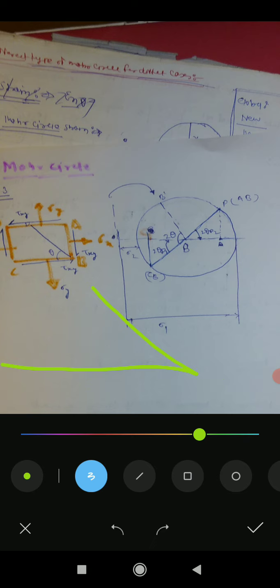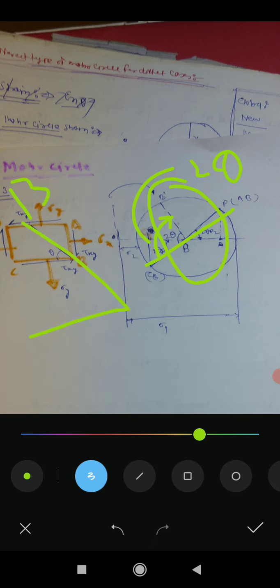So here also you have to go from plane CB. So this point was representing plane CB. So from this to this counterclockwise 2 theta. I must say you that always we will go. This is the loading plane. From there to here counterclockwise 2 theta. We have to travel for finding our inclined plane, which was this one. Okay, you getting my point?